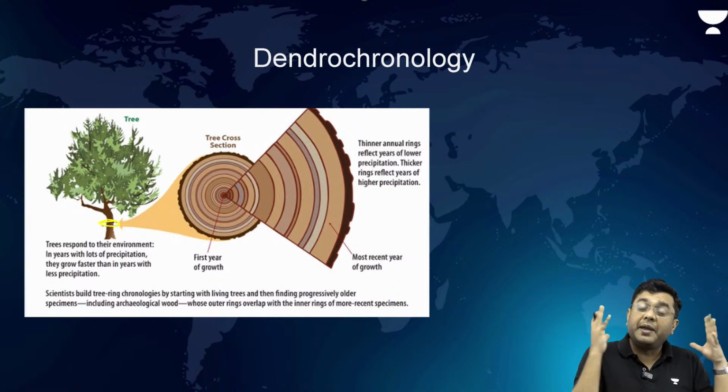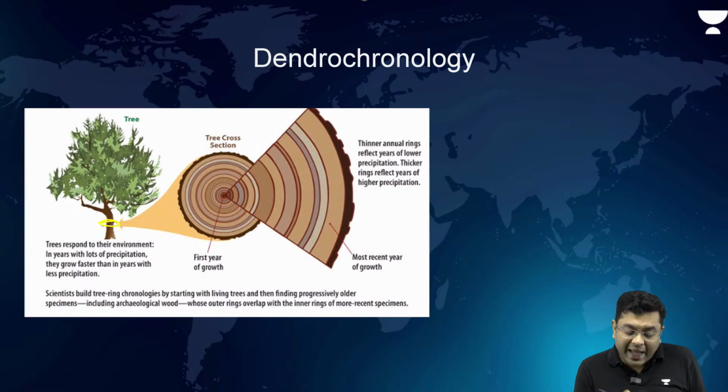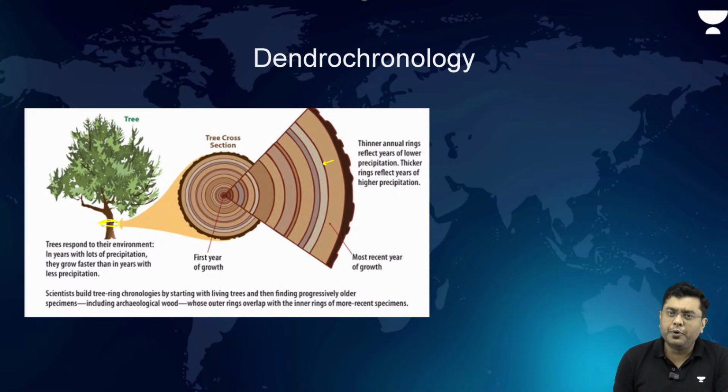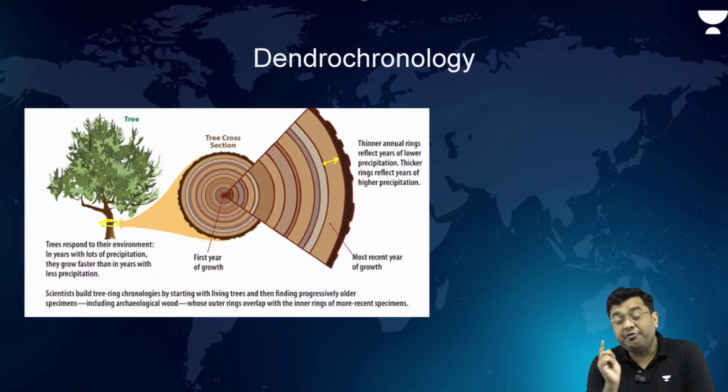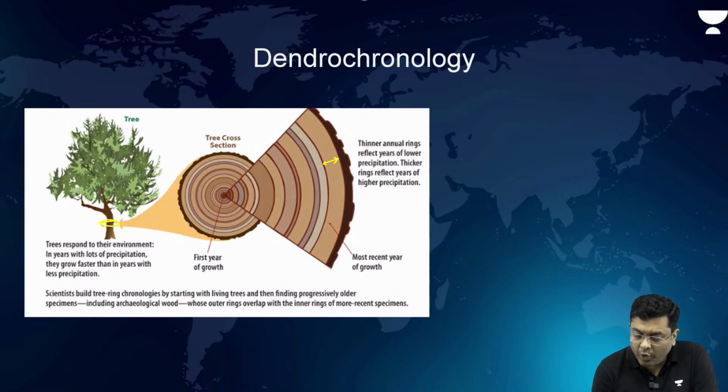The vessels will become very extensive. So that is when the rings will be very wide. And then let's suppose you have a condition where the situation is very adverse. Climate is very harsh. You don't have enough water availability. So enough vessels carrying water will not develop around the tree. So that means what? You have thinner rings,